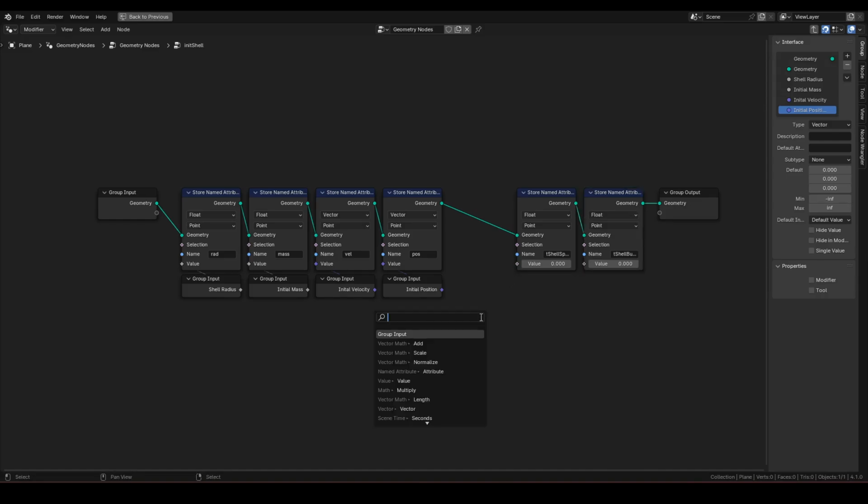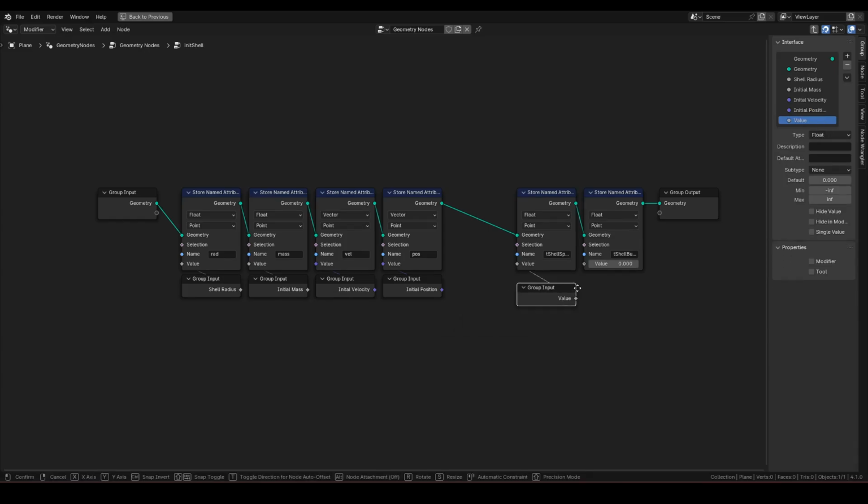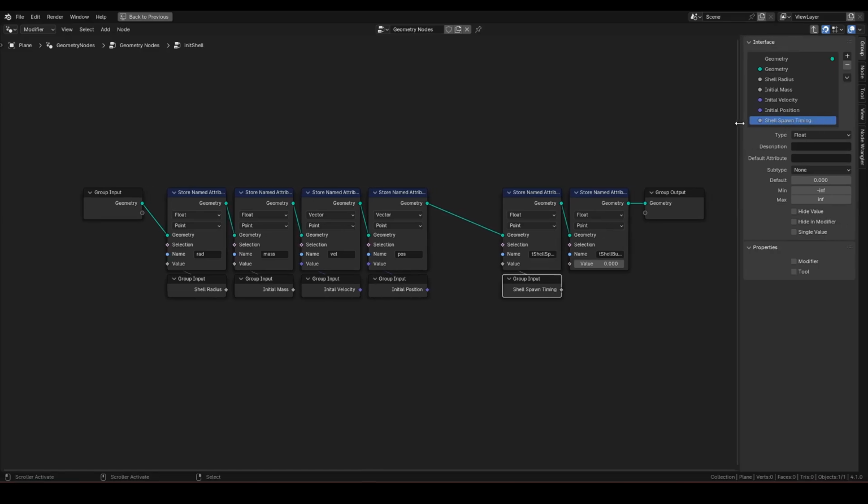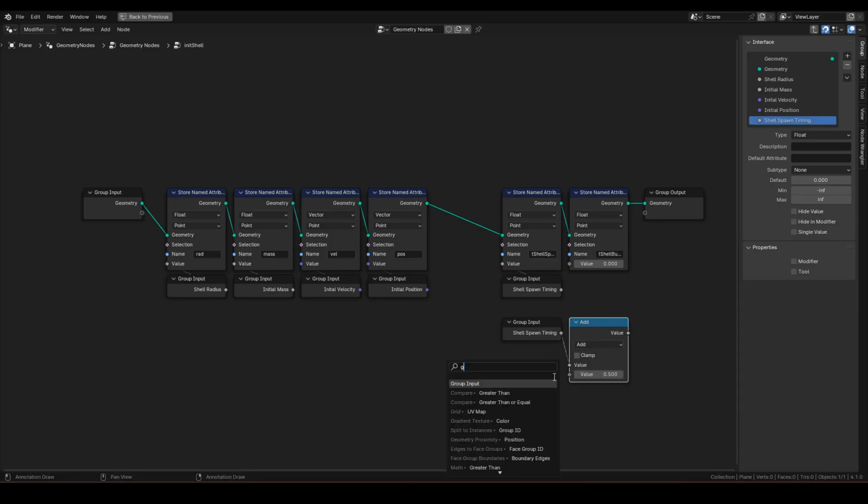For spawn, let's pull out a group input and make it into an argument. Call it shell spawn timing. Duplicate shell spawn timing and create another argument, shell lifetime, to plug into burst.